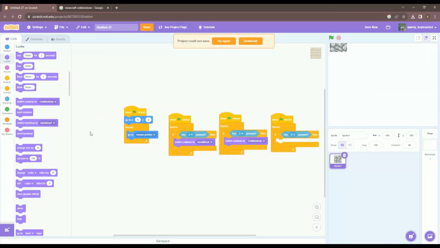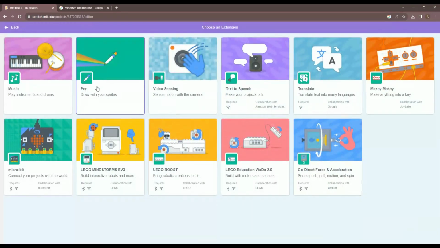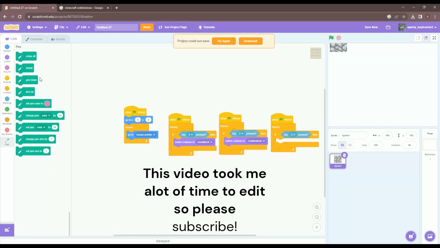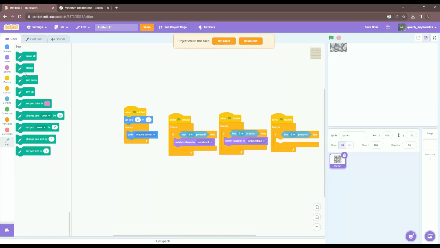So what you want to do now is go down here where you can see the Scratch blocks with the plus right near it. I'll click that, then go to pen and click it. Now this should pop up right here. Now we add another one, green flag clicked. We do a forever,